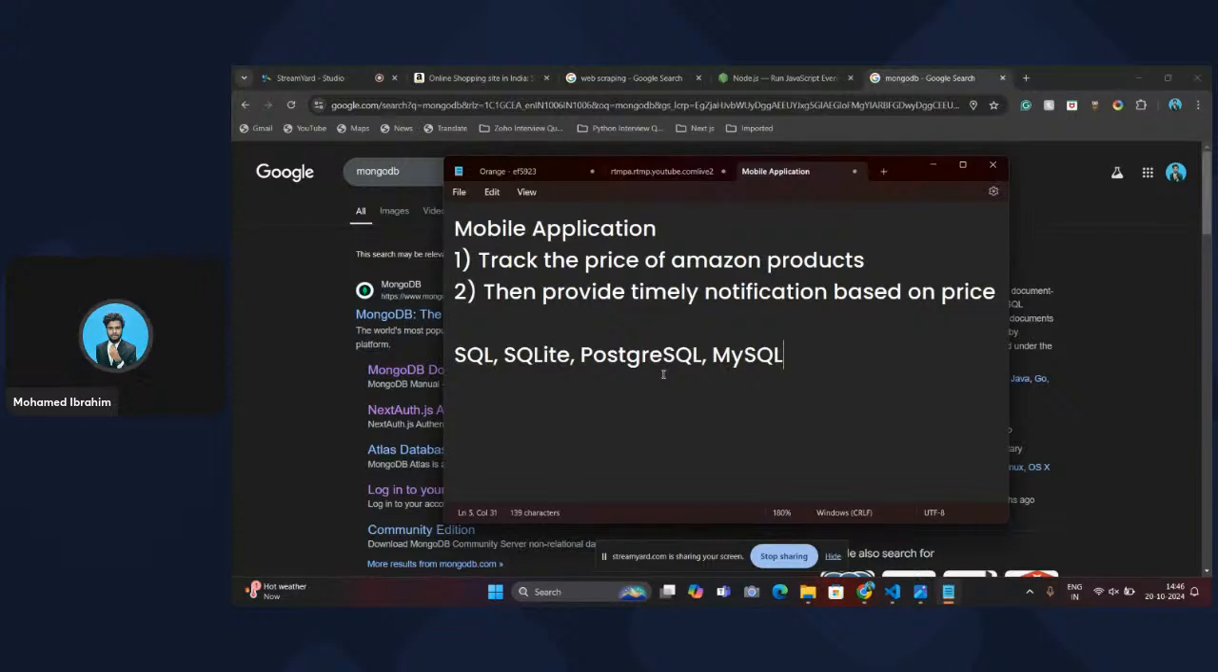So there are a lot of databases present in the market. Then why do I need to particularly go for